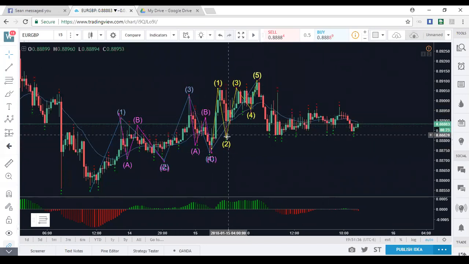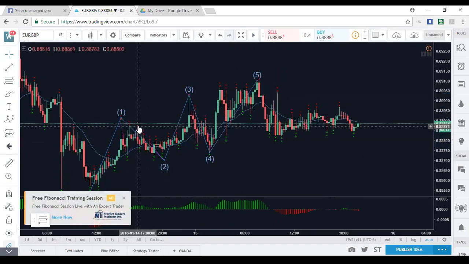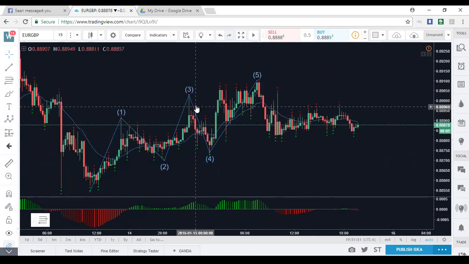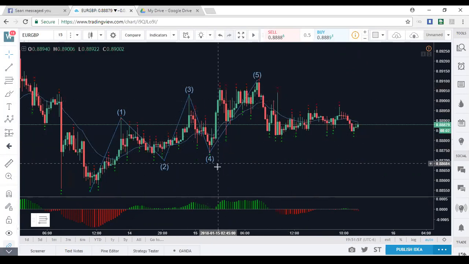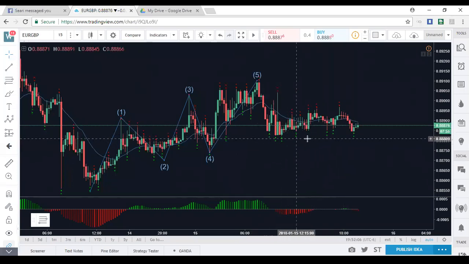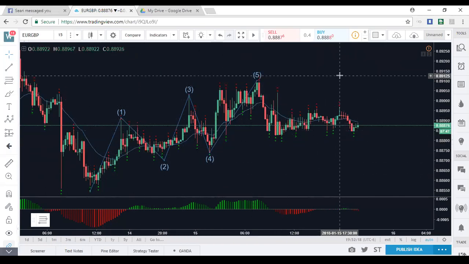Notice though, let me delete this one, and this one. So you've got A, B, C. Remember the depth guideline? Here's wave 4 right here. A, B, C is basically completing within that depth of the wave 4 right here. All these lows. But in the bigger scheme of things, we've still got some of this down here to be tested. But this is all going to come in further lessons down the road.